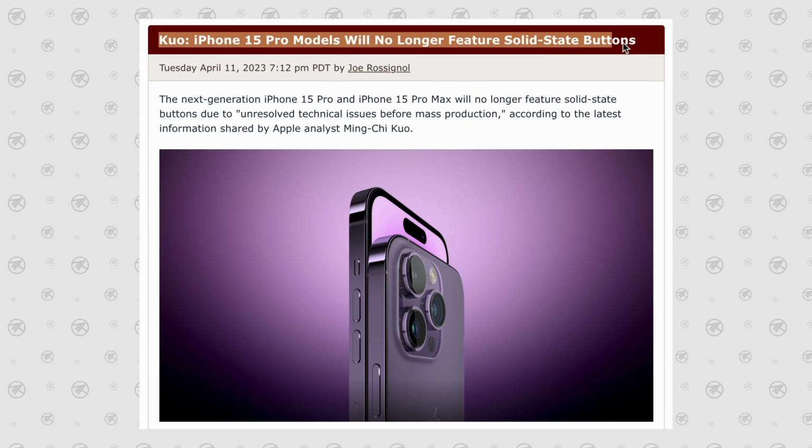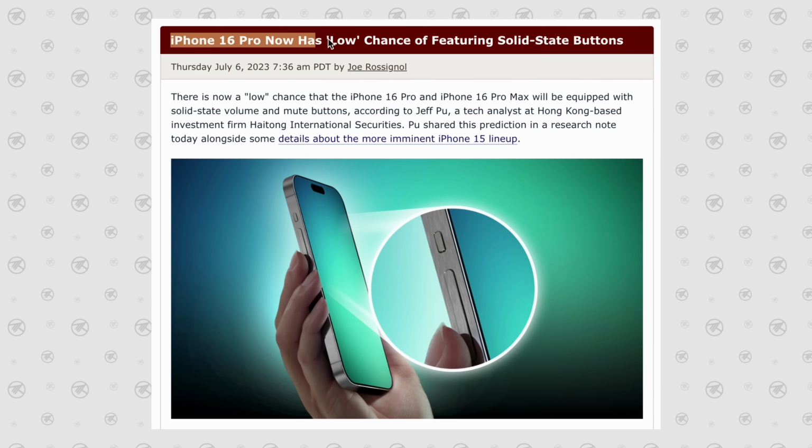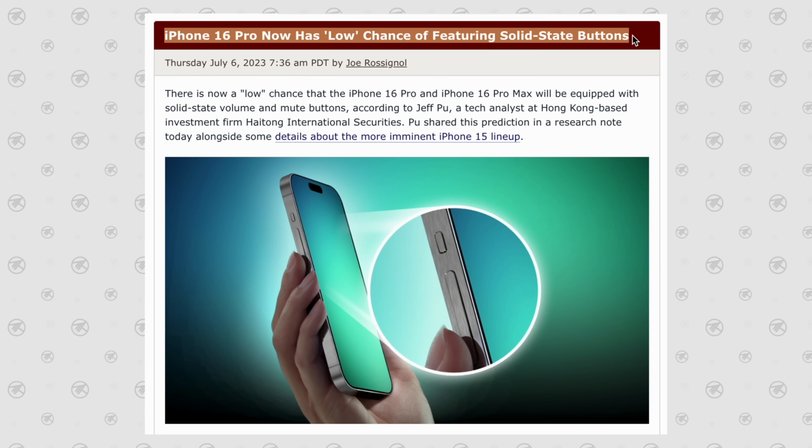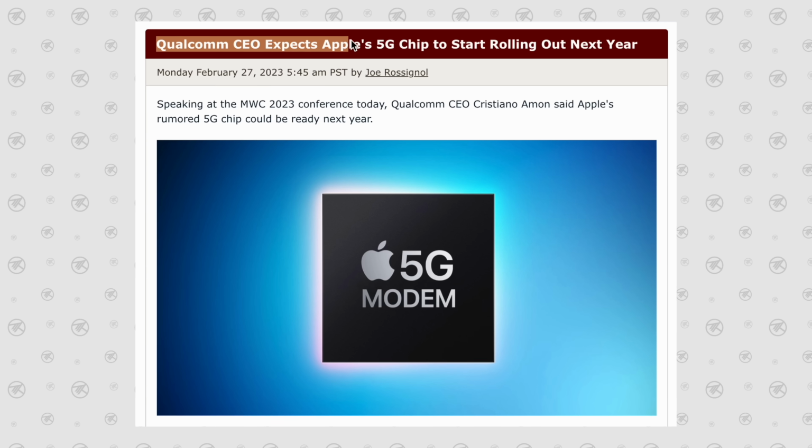However, we got the news that they were delayed until the iPhone 16 lineup next year, and even more recently, we got news that they might not be coming to the iPhone 16 Pro models either. But what if they're actually destined for the new 16 Ultra model, which will have these buttons as one of the exclusive features? Honestly, I'm not really sure, so let's jump into number 6, which is an Apple design modem,